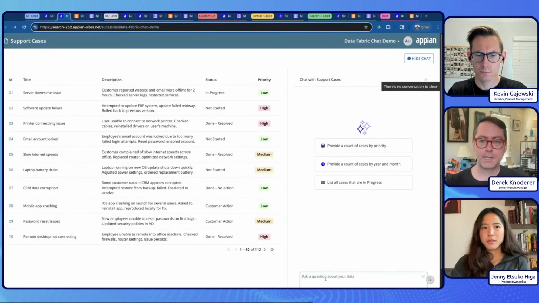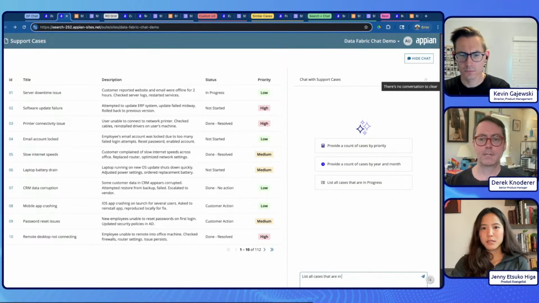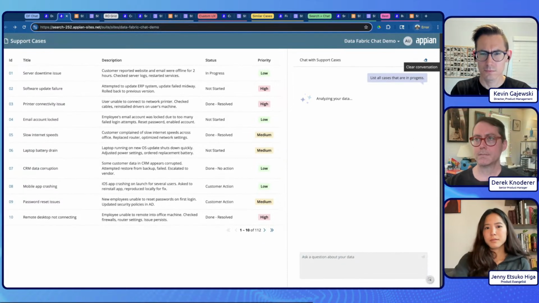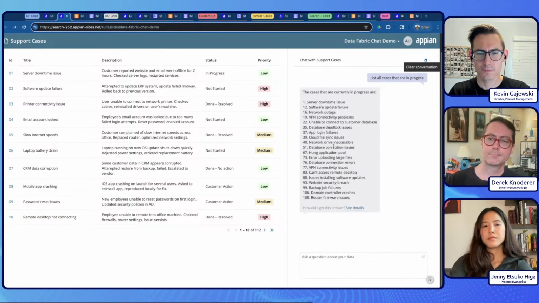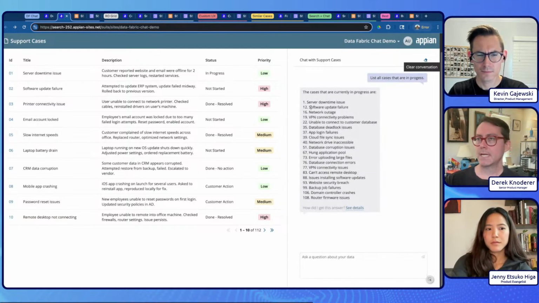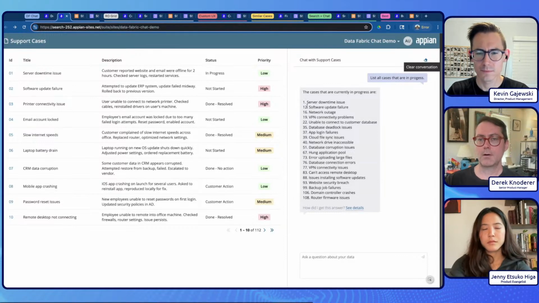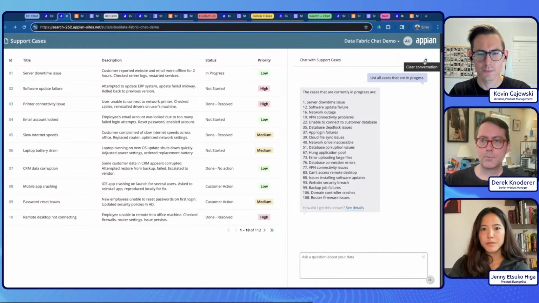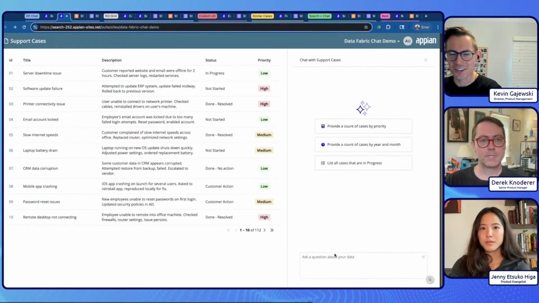I can also say things like, let's list all cases that are in progress. So you don't have to just use the suggested questions. You can also type a question at any time here. Great. So in this case, it looks like there are about 20 cases that are in progress. And then let's also do one that demonstrates